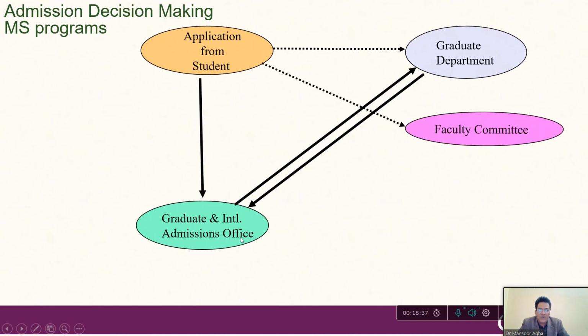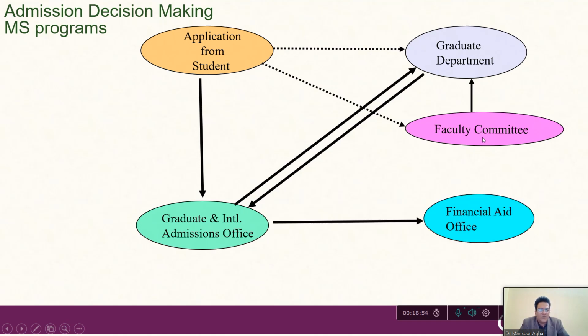At the same time, you also have to understand that a copy of your application would go to the faculty committee, and a lot of members of the faculty committee are already members of the graduate department and the graduate international admissions office as well. So there's a lot of exchange of information between the graduate department and the faculty committee. This is the stage wherein the financial aid office also is looped in and is given information, because the fee structure and your expenses have to be taken into consideration. And the financial aid office is the one which ends up